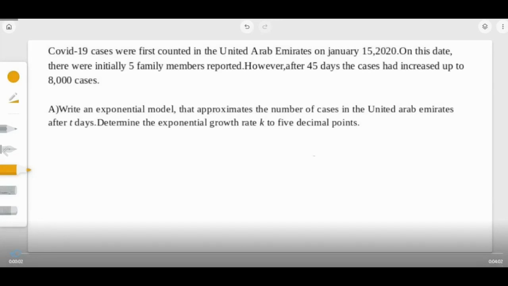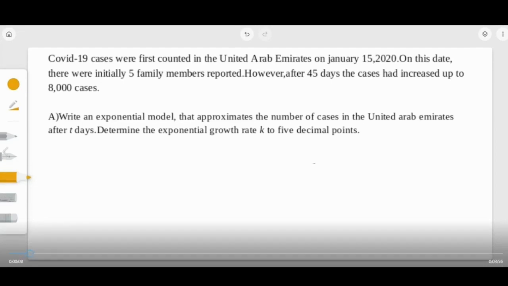A. Write an exponential model that approximates the number of cases in the United Arab Emirates after t days. Determine the exponential growth rate k to 5 decimal points. At first, let's write our growth general formula, which is A of t equals A sub o